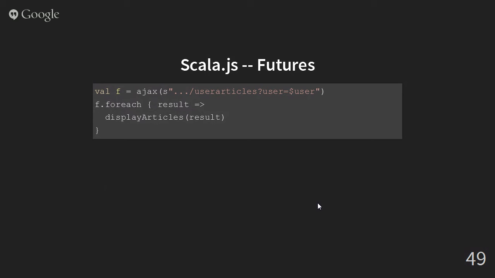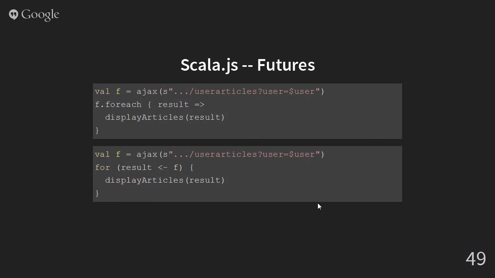You basically maybe update the DOM or something else that is not asynchronous anymore. The reason we use foreach and not then or some other is that we can use for comprehensions to write this. Because the for comprehension desugars into calling foreach,